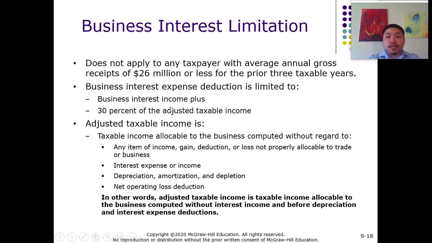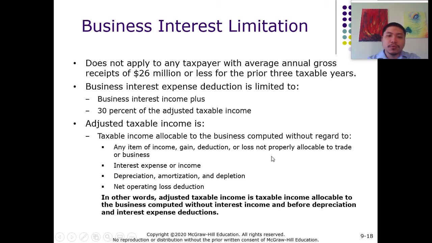So this is the limitation amount. So business interest income plus 30% of adjustable taxable income. So what is adjustable taxable income? Right. So the long definition in the textbook is that the adjustable taxable income is the taxable income